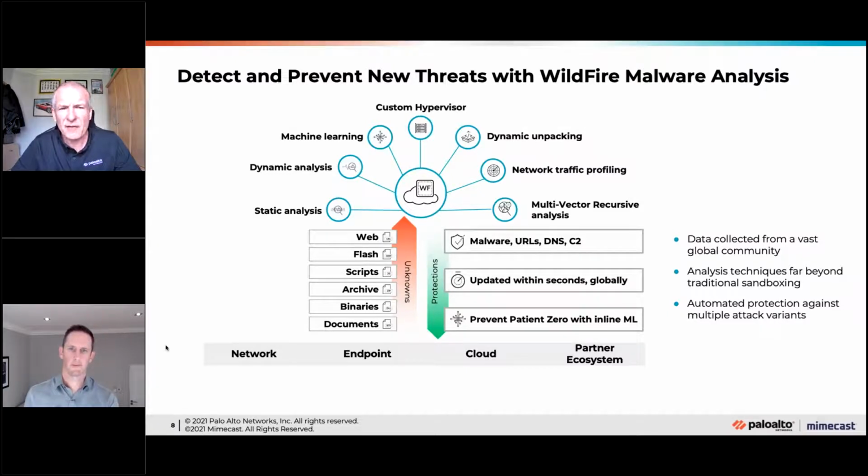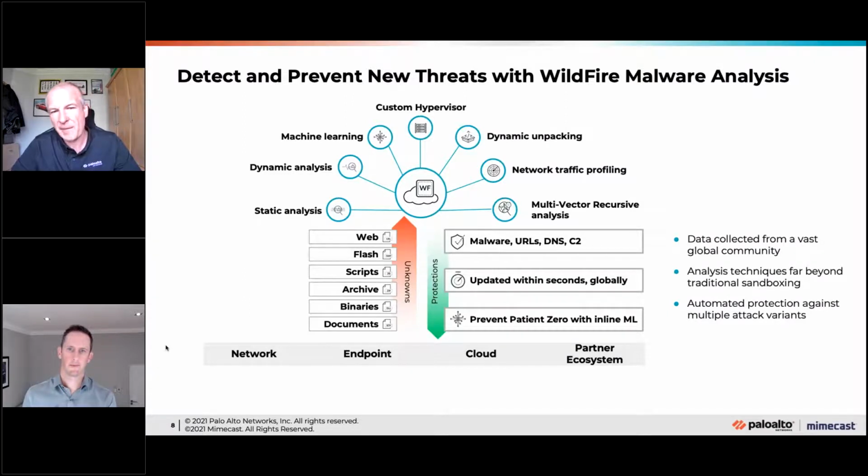So first of all, we have static analysis, where you just look at the content of the file. Is there something around that that is deemed malicious? Have we seen that profile before? Have we seen anything in there? Have we seen the hash before? Malicious, benign? We always want a verdict. It's either malicious or benign. We don't like "we're not sure." So we always have to have a verdict on that.